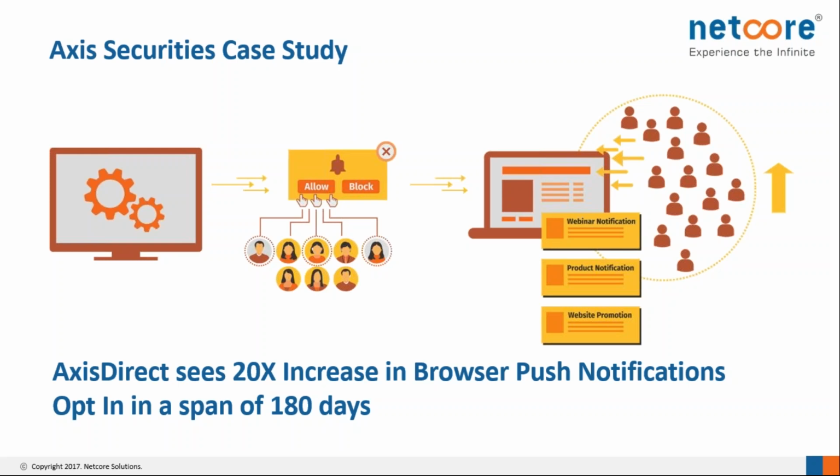So the first is the product and the features that we want to promote. The product can be any of the mutual fund ideas, or a product idea, or say an equity idea from our research desk. As I said earlier, we have a particular page on our website which is dedicated to research ideas. So whatever the latest research ideas are, we intend to notify our esteemed customers and say that this is the research pick of the day, research pick of the week, research pick of the fortnight. So we want to send these kinds of notifications to customers, and obviously they can click and log in, and transact